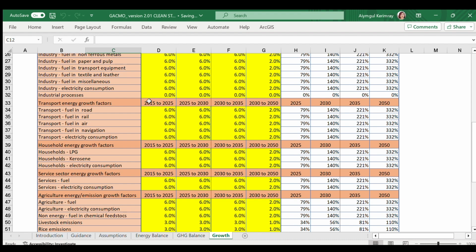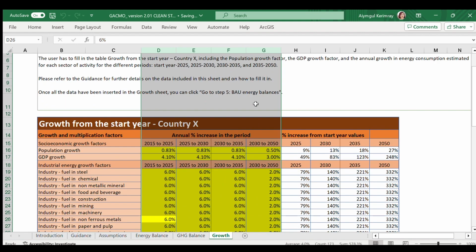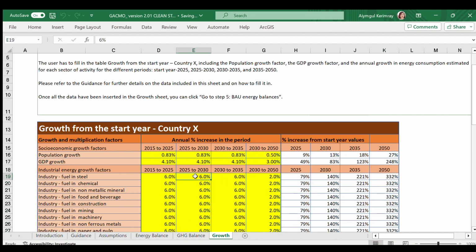Annual growth rates are provided by the user in the columns D to G, and % increase relative to the start year will be estimated by the tool automatically in the columns H to K. It is important to note that these growth rates are essential inputs as they are used by the tool for estimating BAU projections, assuming that no mitigation actions are in place.